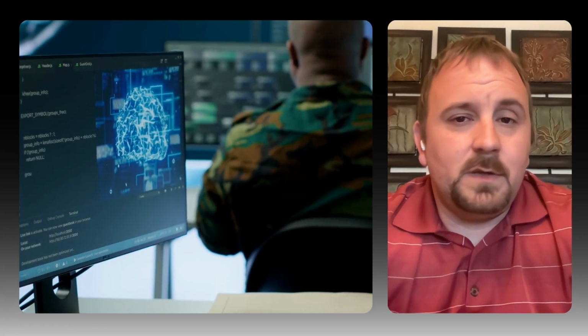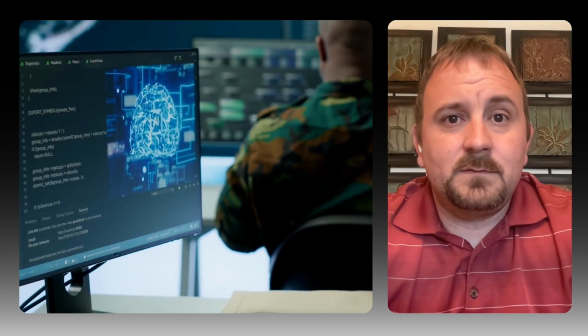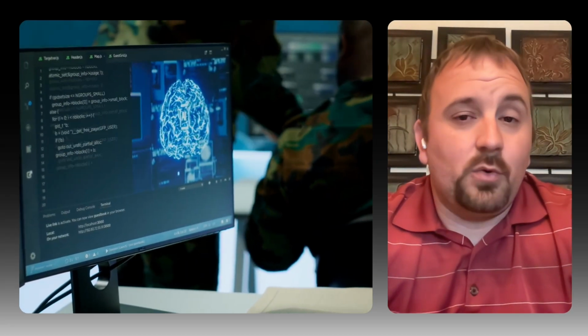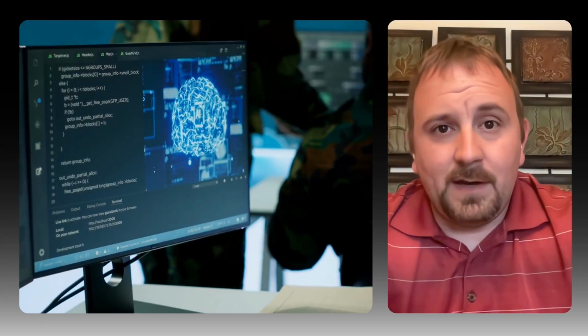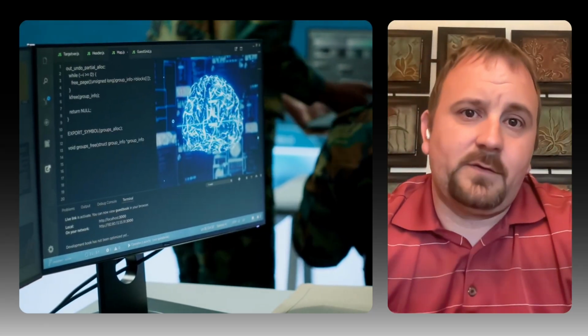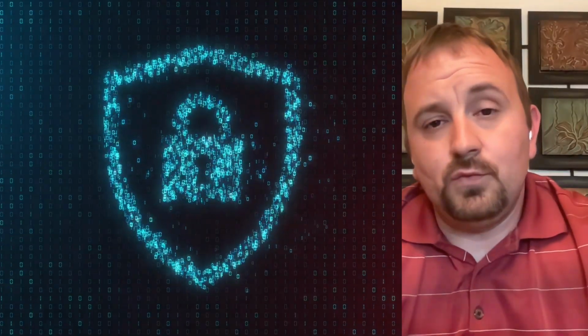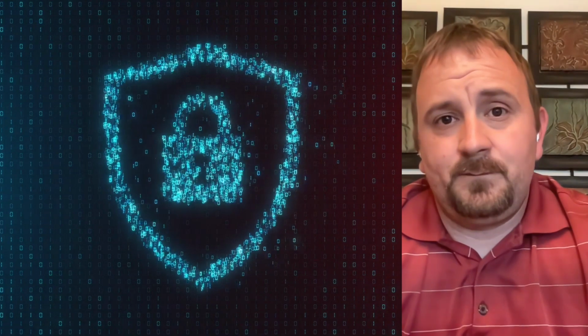And your SIEM is your security information and event management, which is there to collect and correlate all the logs to help you and I as analysts see patterns across our systems. Your firewalls will filter traffic using rules and access control lists, where next generation firewalls add deep packet inspection. They build in the IDS and IPS controls, as well as user identity controls to help with the defense in depth.